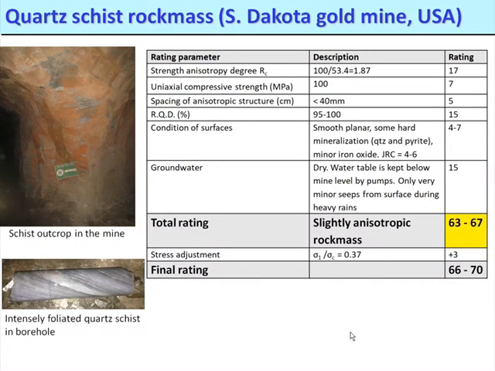And this, as we see in the classification, based on ARMR, gives a strength anisotropy degree of 1.87. This means practically slight to moderate anisotropy of the intact rock, and in the total rating we see that we have 63 to 67, which practically gives a slightly anisotropic rock mass. In this case, we are adjusting due to stresses, and the final rating